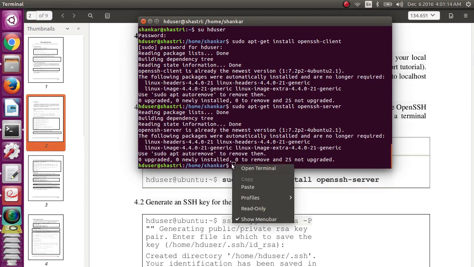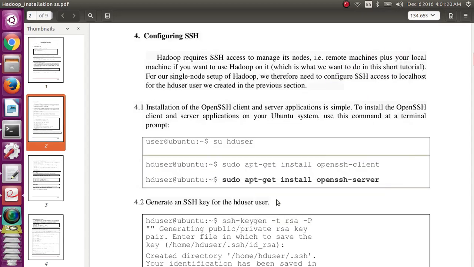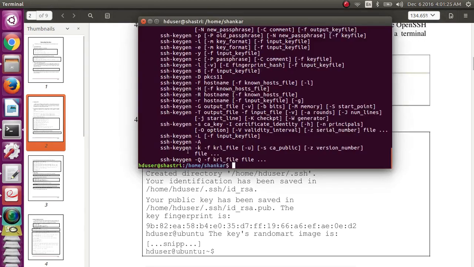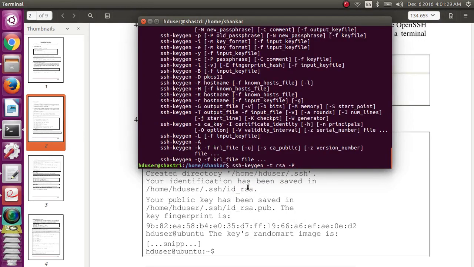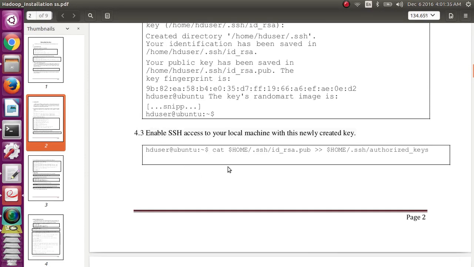In the command prompt, it is already successfully created, no problem. Next, you redirect the newly created key to authorized keys.